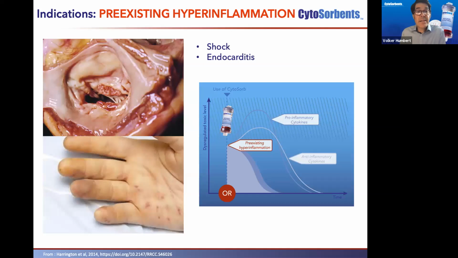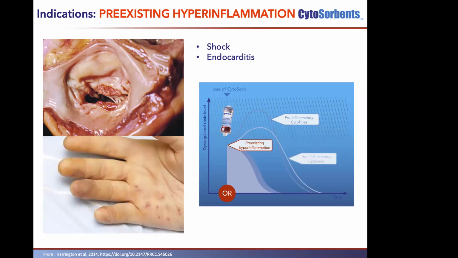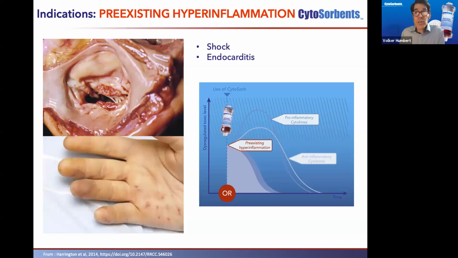Another promising field, and possibly even number one in this setting, is endocarditis, or a bit more general, a pre-existing hyperinflammation. So here, it's not only a pure preventive aspect, it's also a therapeutic aspect, because the patients bring along a certain activation of the immune system. This can happen in shock states, as we know that shock can also trigger the immune response, but also in endocarditis. So the patients have a certain level of hyperinflammation, which will then further escalate due to the surgical intervention,